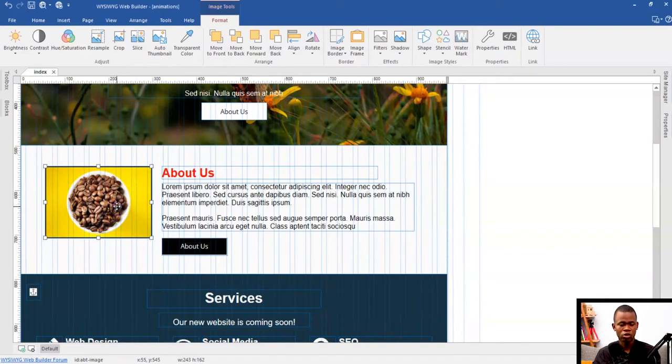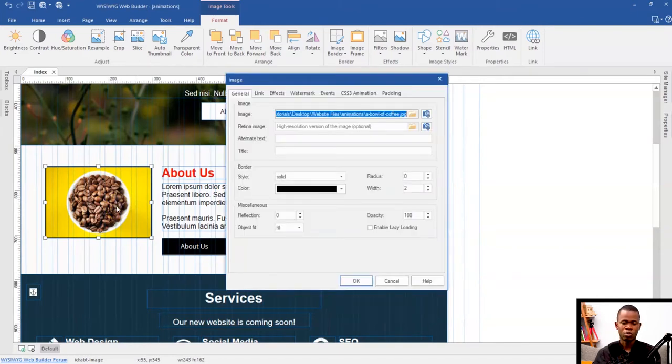As you can see, I already have an image in here. I'll simply double click on this, and once I come to the properties of the image, you realize that in the first section under General, we have a couple of options. As part of the options, we have alternative text here. What this text does is that in case there's a problem loading this image on our website, there should be some kind of message or meaning shown to us that this was what was here, and unfortunately couldn't load. It gives us an idea about what was there.